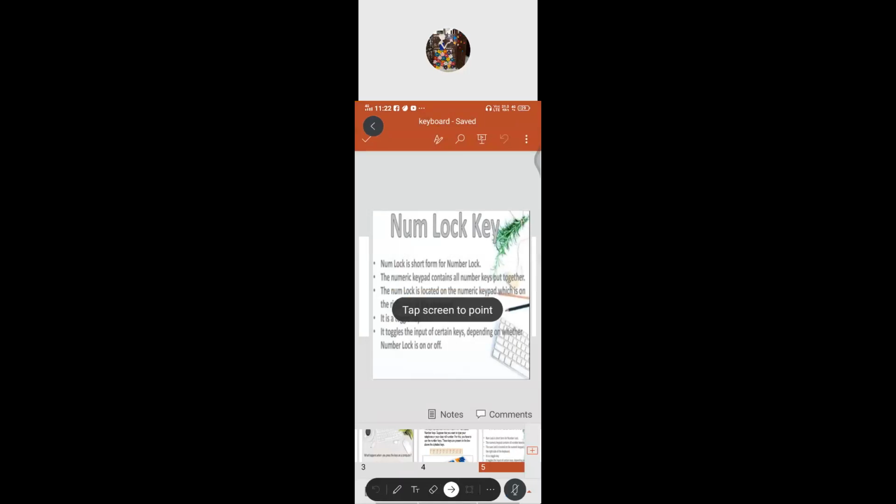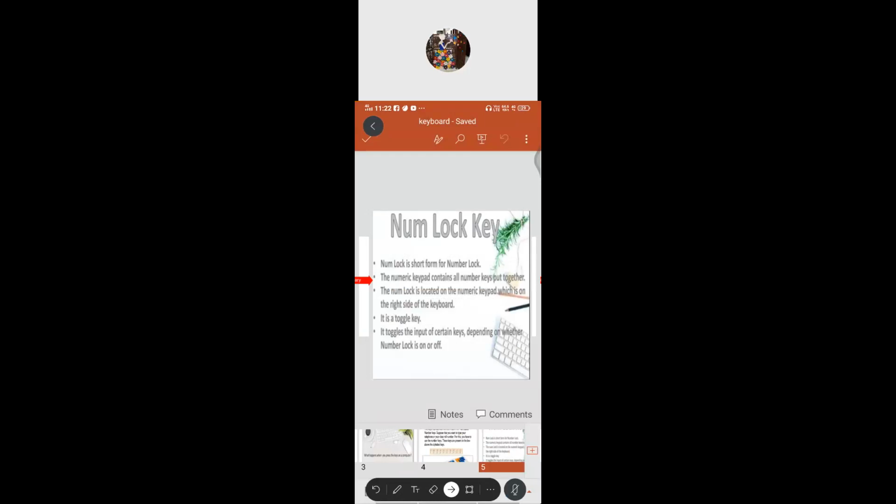What is the Numlock key? N-U-M. Numlock is short for number lock. The numeric keypad contains all the number keys put together. These keys have numbers written on them and are used to type numbers.